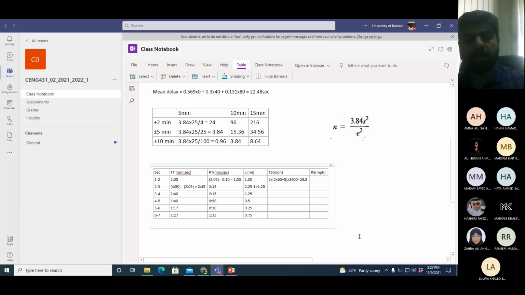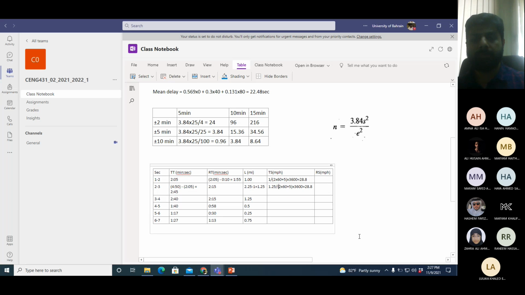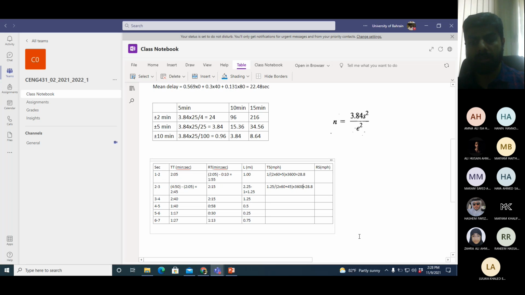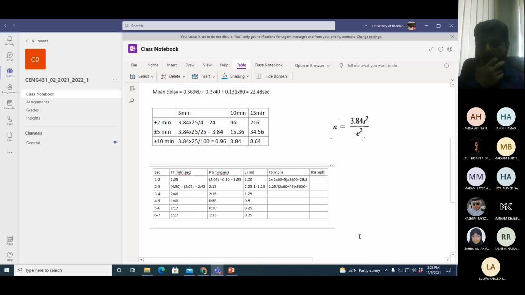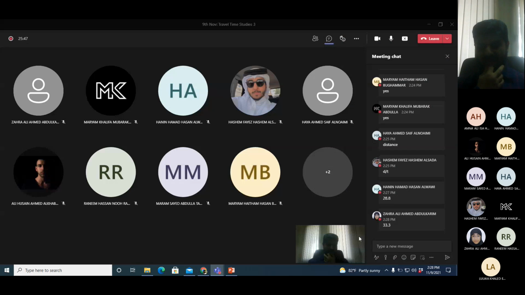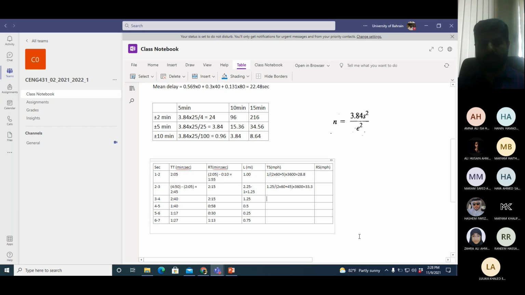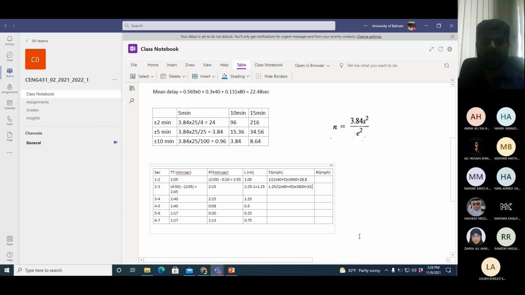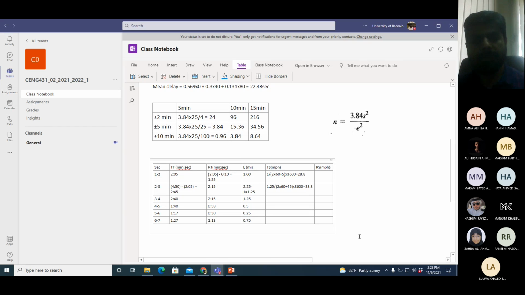Next value. 1.25, then you have 245 here. This is 33.3. Next one. So now you have 240, 1.25 length.